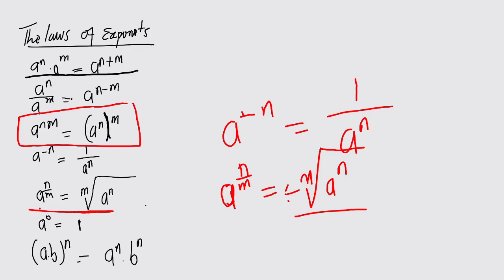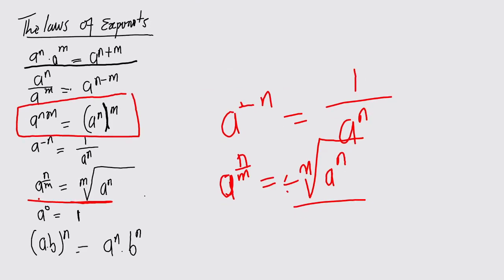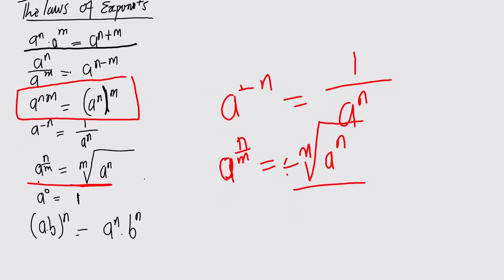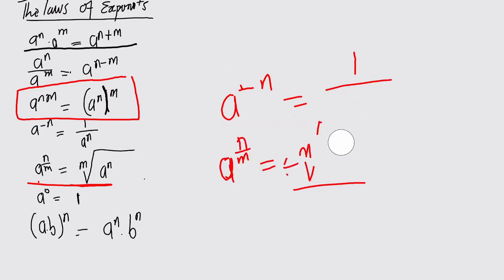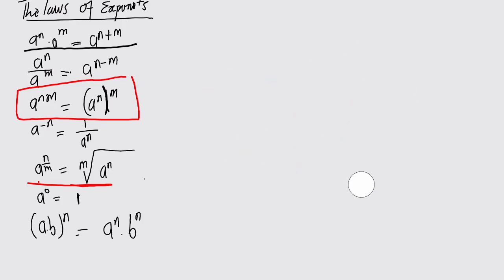Let's continue. We also have a to the power 0 equals 1. So any number to the power 0 equals 1, which is a very important law to understand. The last law on this is